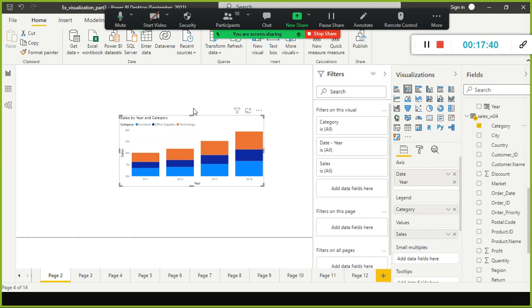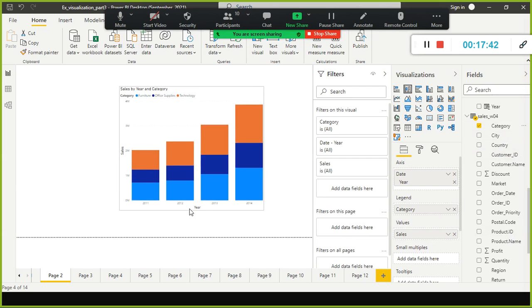Look here, this is my stacked bar chart. What it shows is all the three categories plotted in each bar. Instead of showing three different bars, it shows everything in a single one. This one is for my office supplies, and this one is for furniture, this one is for technology.